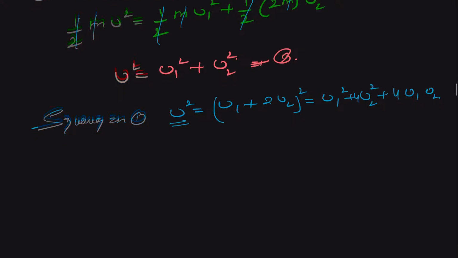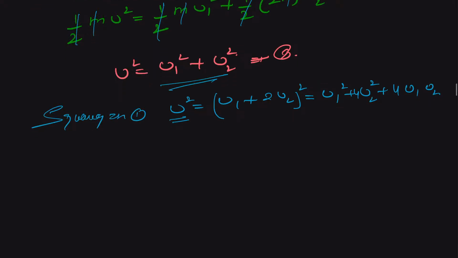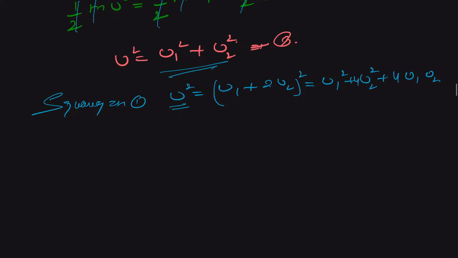So in place of v square we are going to put equation number 2. So we get v1 square plus v2 square is equal to v1 square plus 4 v2 square plus 4 v1 v2,